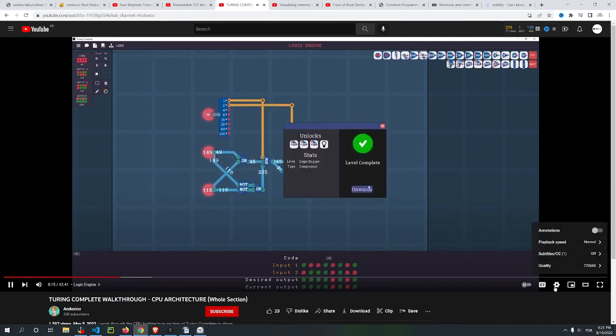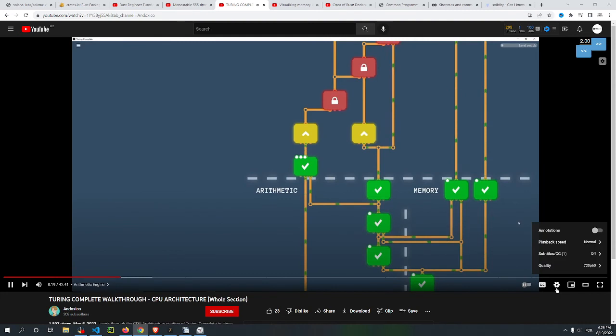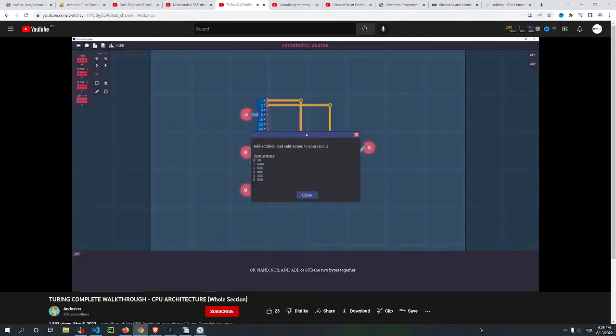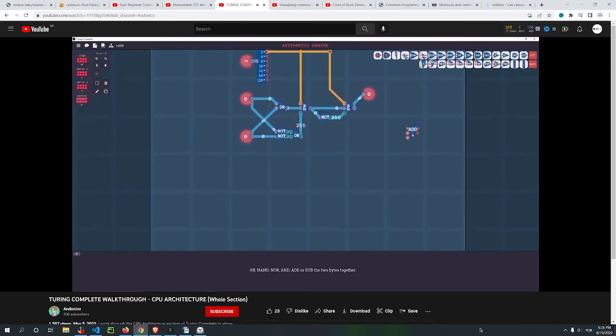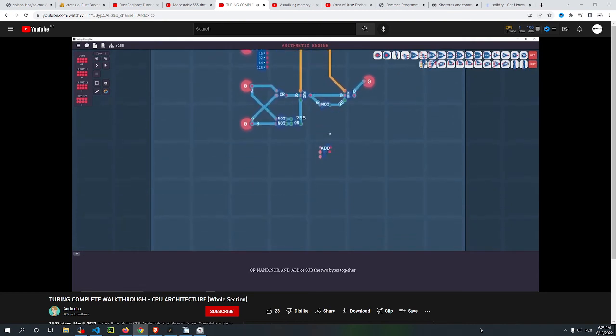Nice. All right, next up we have the arithmetic engine, which is just building on top of our logic engine. So now we got the same 4 instructions as before, but now we also have an addition and a subtraction. So let's get our byte adder. And if you remember how to negate a byte,